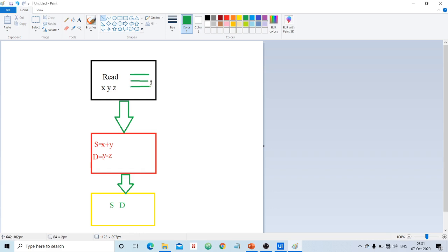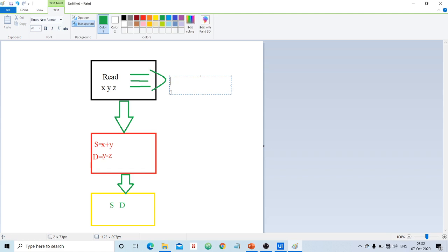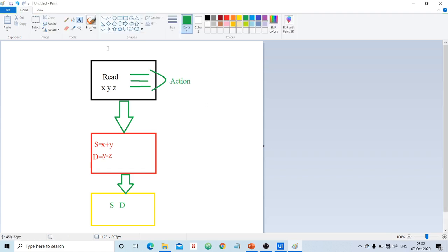So can we use sequence over here? This is what sequence is. Sequence is used whenever there is a need for automating a simple task, or if you want to perform multiple steps to perform a single action, then you can use a sequence, right? Okay, now with this definition, we shall use a sequence for the read operation, right?